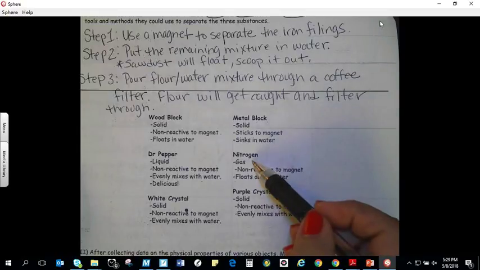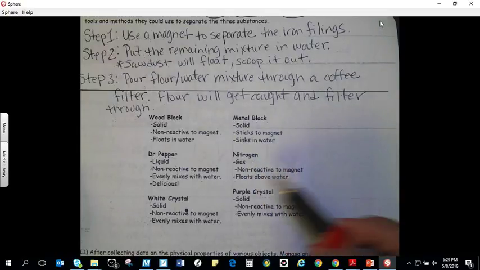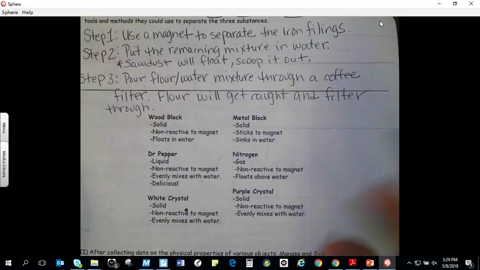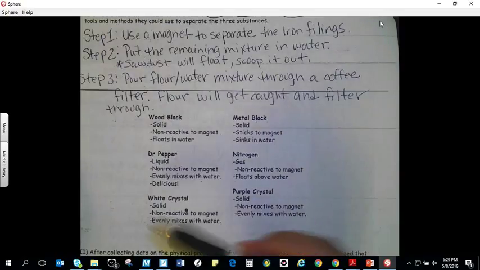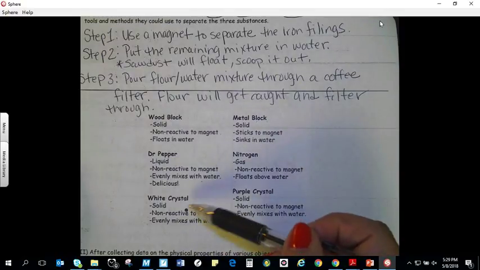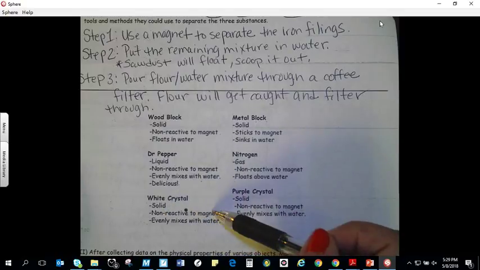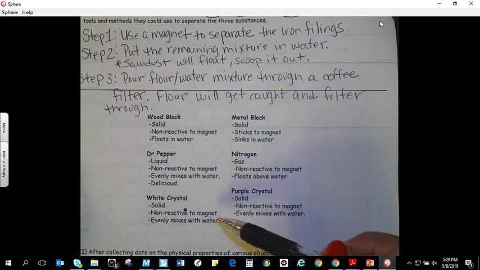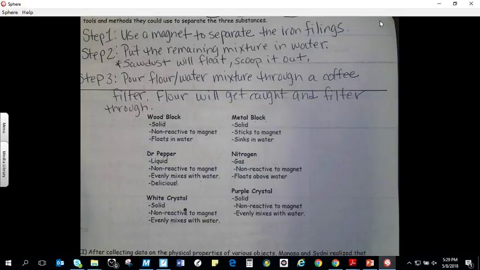Nitrogen is a gas, non-reactive to a magnet, floats above water because it's less dense. White crystal, it's a solid, non-reactive to a magnet, evenly mixes with water. Okay, that's that white crystal powder drink. And then you have purple crystal. It's a solid, non-reactive to magnet, evenly mixes with water. Okay, so with this information,